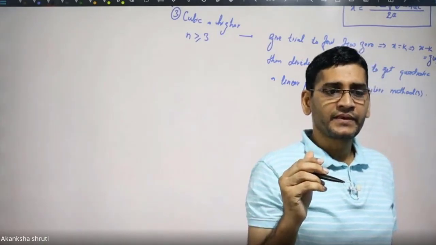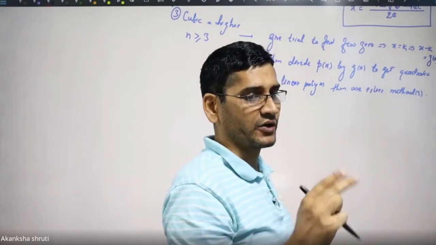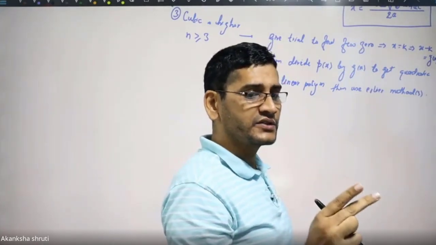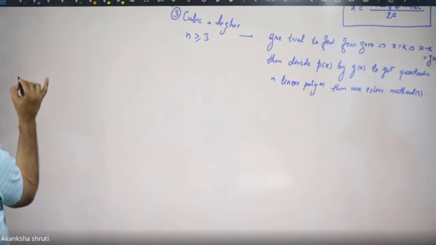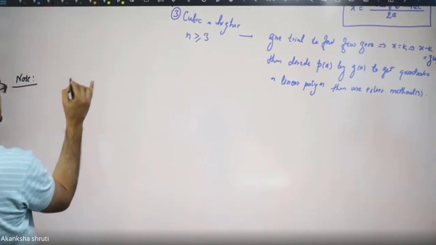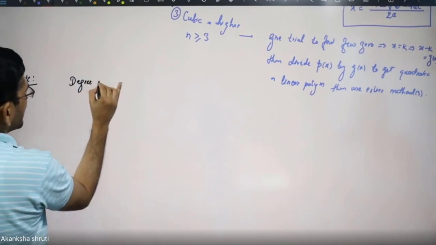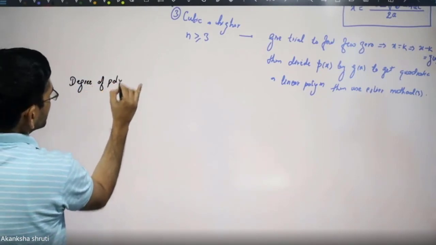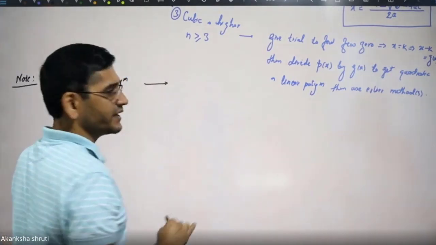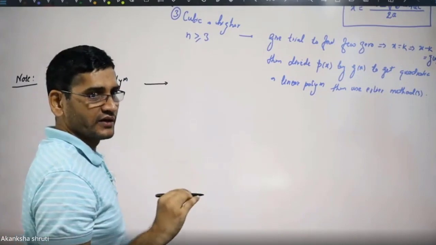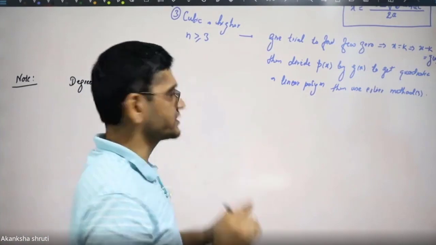Similarly, we can get a maximum of 2 zeros for a quadratic polynomial, and 3 zeros for a cubic polynomial. What I mean, write in the form of notes. The degree of polynomial: if you know the degree of the polynomial, then how many zeros are possible, or how many values will be equal, both mean the same thing.